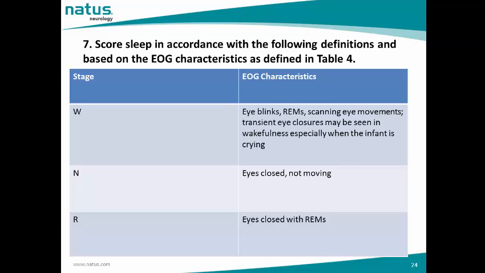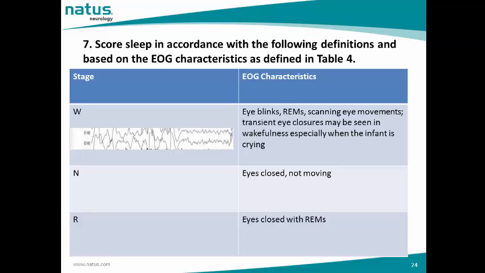This table scores sleep in accordance with the following definitions and based on the EEG characteristics as defined in the following table. So, in stage wakefulness, the EEG should show eye blinks, rapid eye movements,